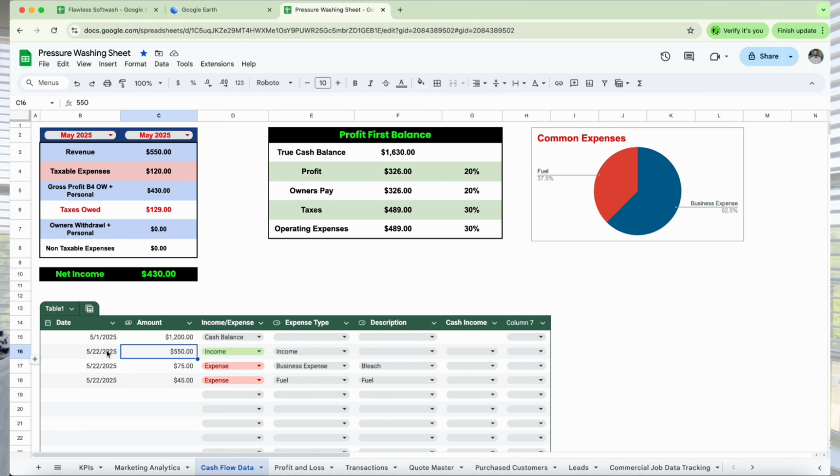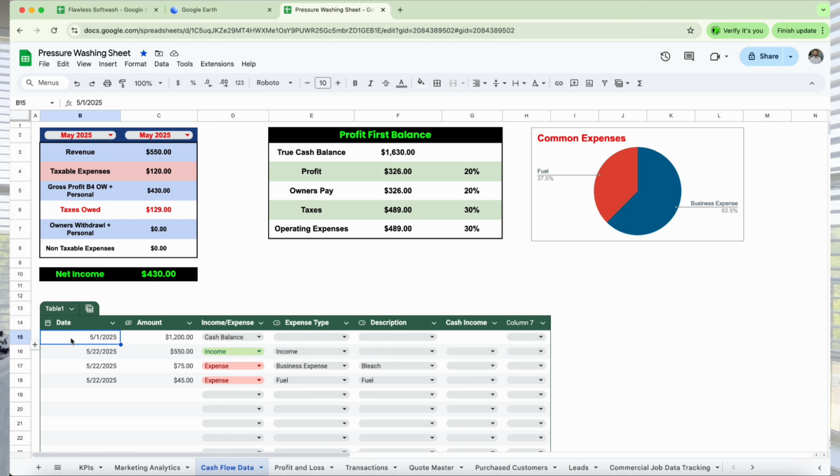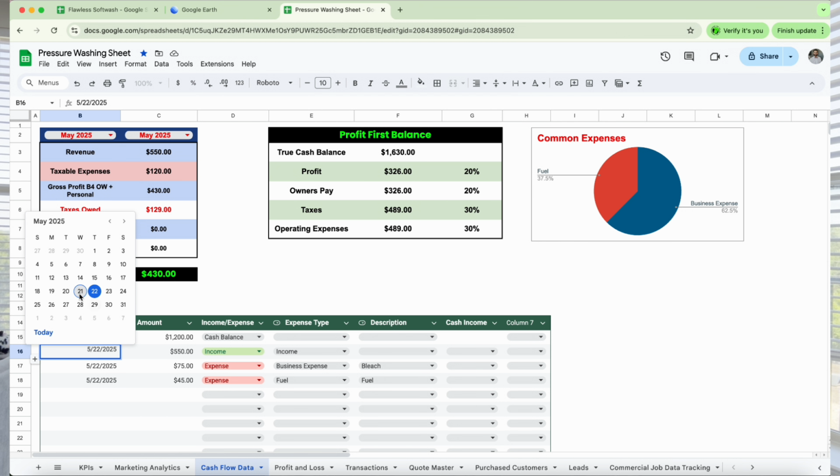All right. So for example, today's date is the 21st. On May 1st, you wake up at 8 a.m. or 4 a.m. or 2 p.m. You check your business banking account and it says you have $1,200 in cash. You enter that right there on the first of the month and you put cash balance. So it's going to be income, expense, or cash balance. Put cash balance. And then let's say, the 21st,